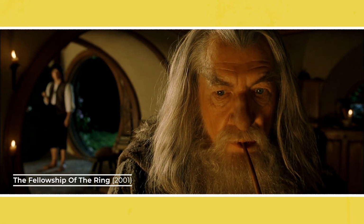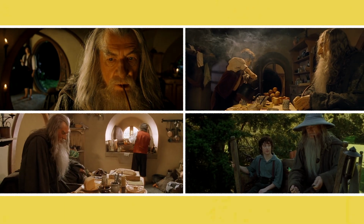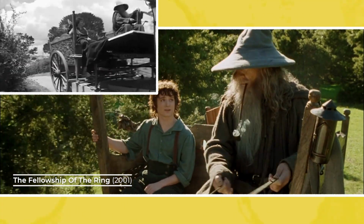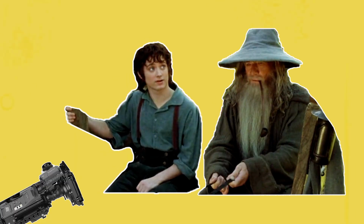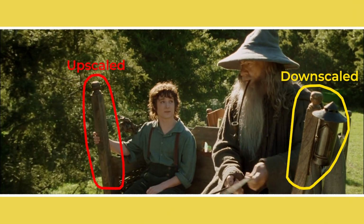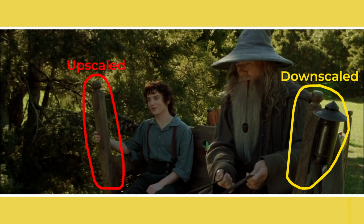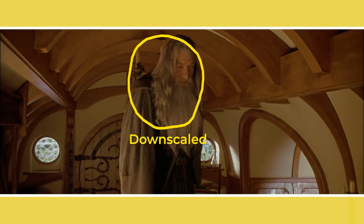That's why in most shots with both Gandalf and hobbits, Gandalf will usually be nearest to the camera. To film this two-shot of them, a custom cart was designed, which actually seated Frodo a few feet further back and at a lower level than Gandalf. To sell the illusion, props or production design near each character also had to be custom scaled. Things near the hobbits were upscaled to be larger than life, while things near humans were downscaled and made to